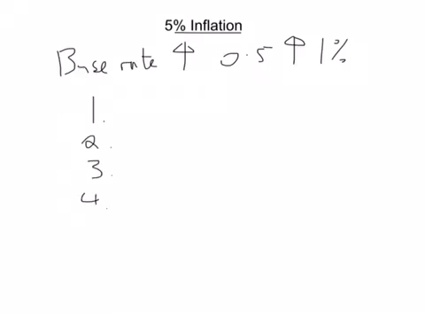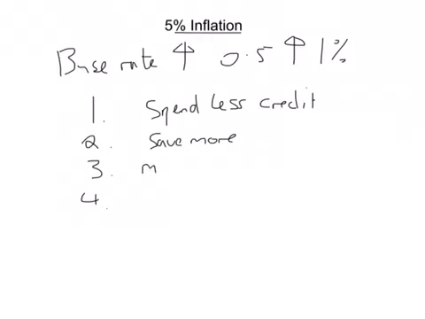First of all, people will spend less. Do not just write spend less. That would be such a low point. You spend less using credit. So they're not going to use loans or credit cards. Or they might still use them, just to a lesser extent. The reason is, less people will want to take out loans if they have to pay back more interest on that loan. The next one is they might save more. By saving more, that means they might put their money in the bank because they're going to get more interest on their money.